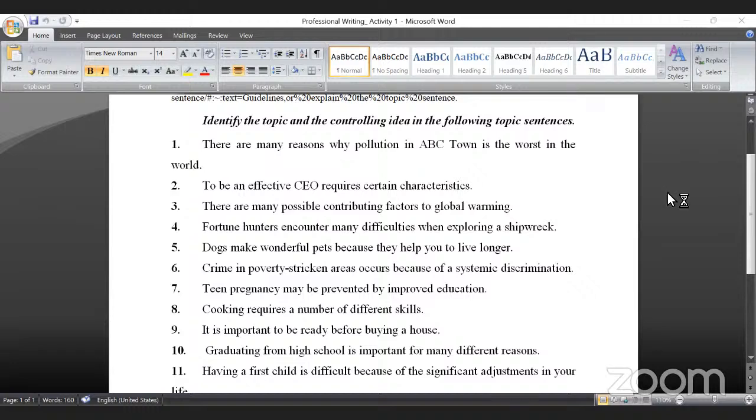See, the topic here is what? Pollution in ABC town, right? The paragraph is going to talk. If I ask a question like,